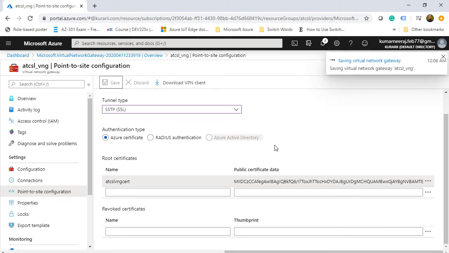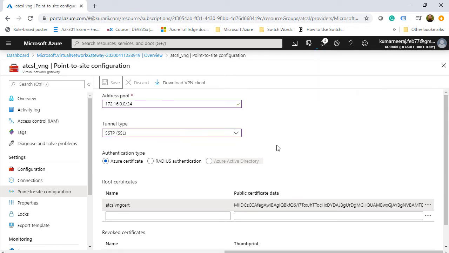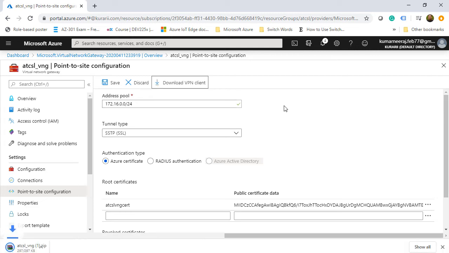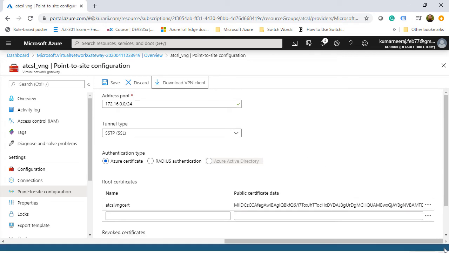It will take a lot of time before this is configured. And once that is done, I'm going to download the VPN client. And this VPN client can be given to any resource who wishes to work outside of the corporate network and wishes to connect with your cloud. So he can connect to any internet and then use the virtual private network client to connect to your corporate network and then to your cloud. And this complete process has already been explained in my other video. So we have downloaded the VPN client here, but before opening or installing it,